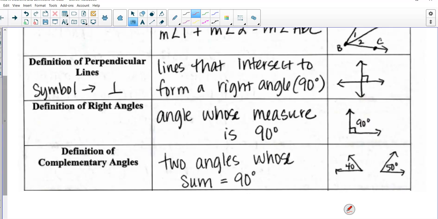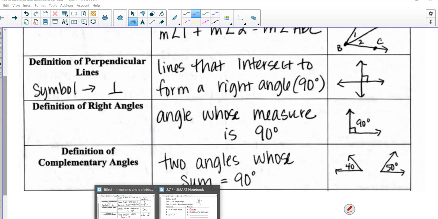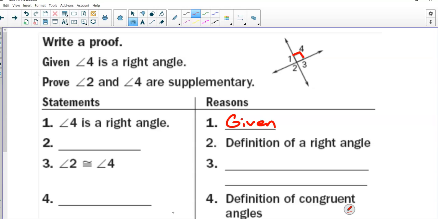So we need to write a statement that goes with that. That would be the measure of angle 4 equals 90 degrees. So we know the measure of angle 4